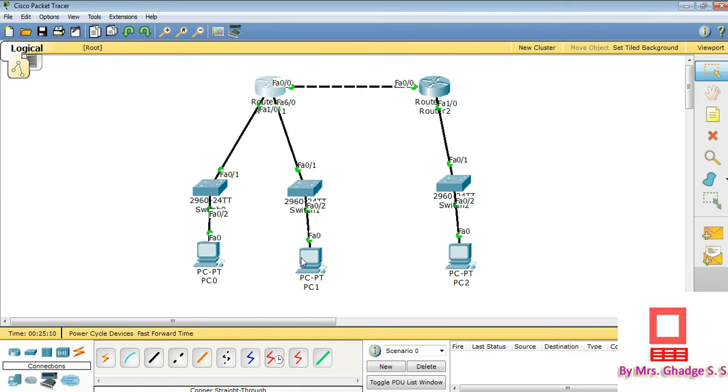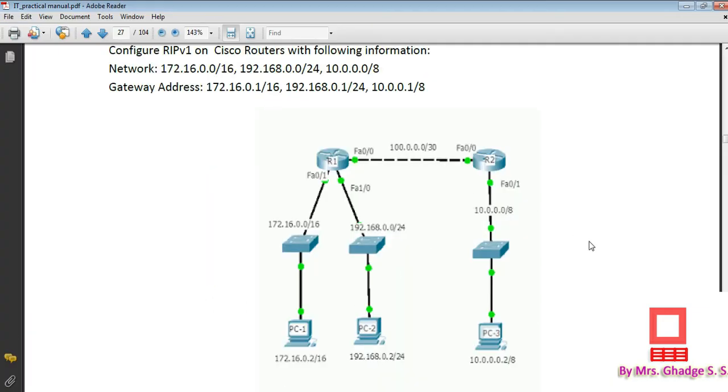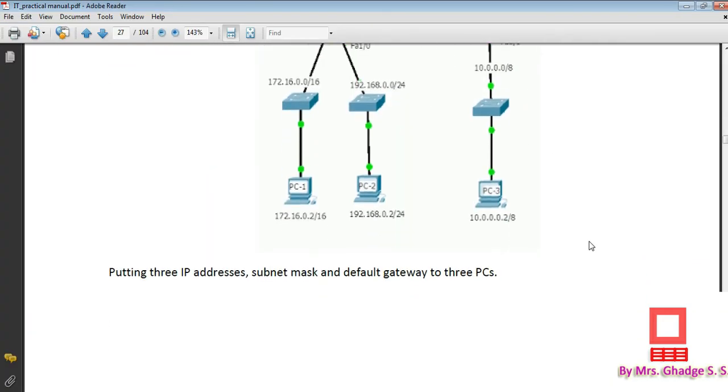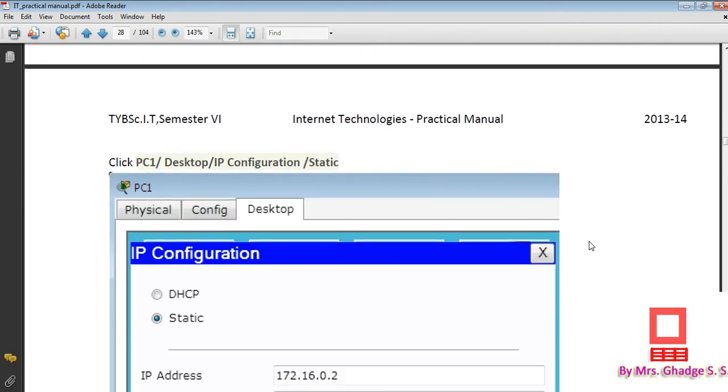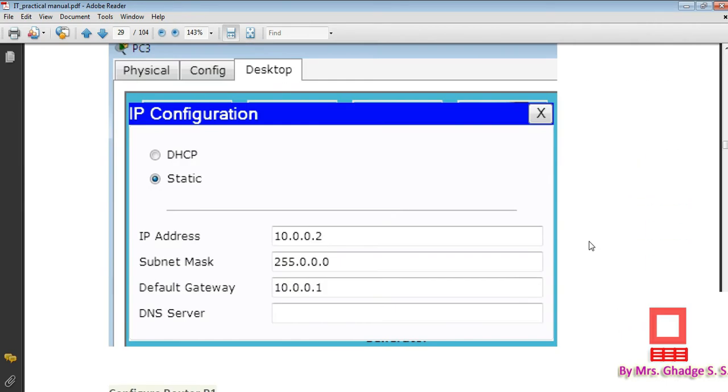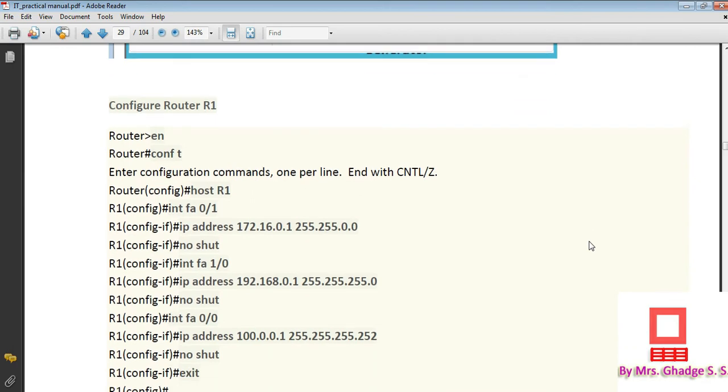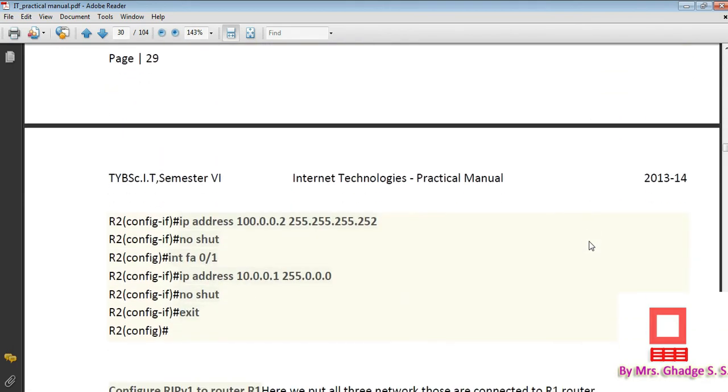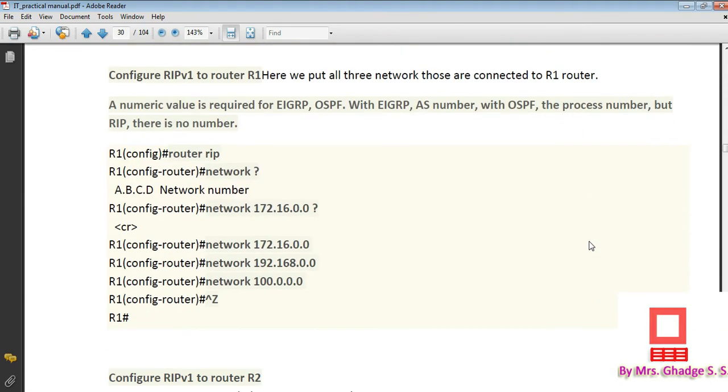In this practical we are going to configure the RIP protocol, that is Routing Information Protocol, and for that there is one important command, that is the network command. So let us see the syntax of the network command.